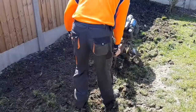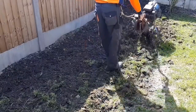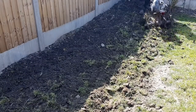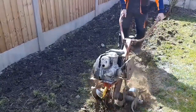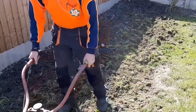One thing though, I do notice looking at this now, it does need the fan belt, I think, just tightening, or the wheel that goes onto the fan belt. But I'll give it some TLC. I've got the double ones on now because I've loosened the ground up a bit. And I'm only feathering. I've rotavated the soil and I'm just going to feather it into where it touches the